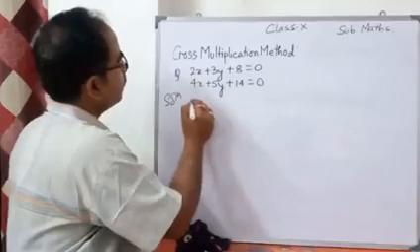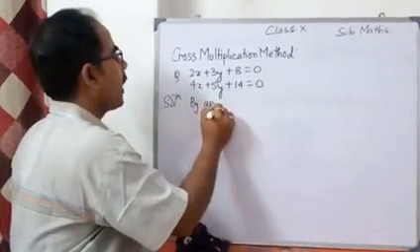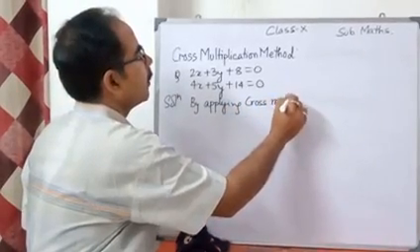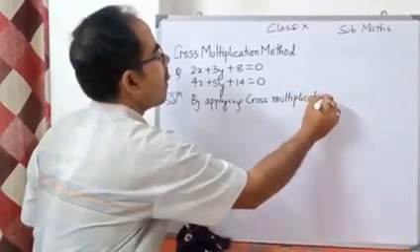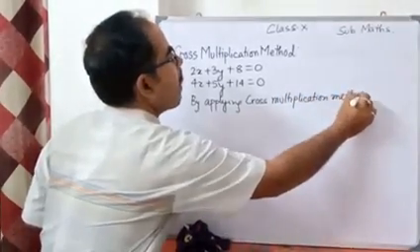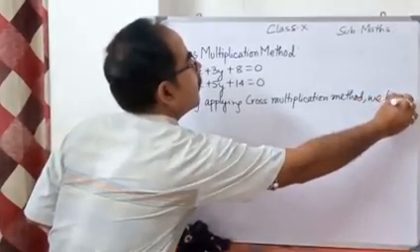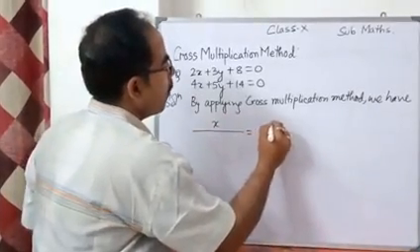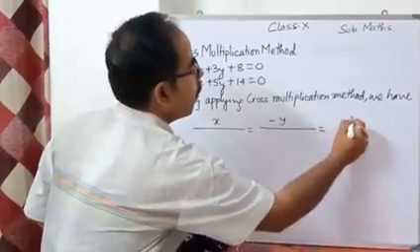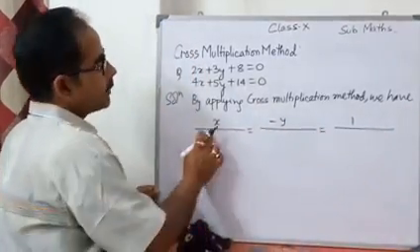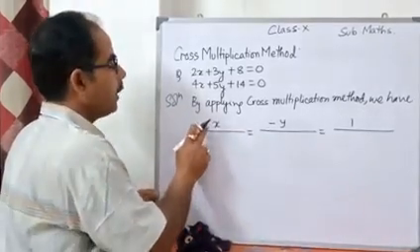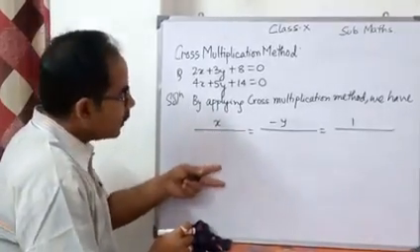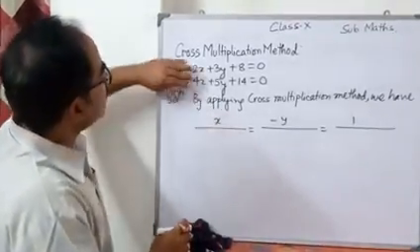Now let us start by applying the cross multiplication method. First of all you write like this way, we have x by minus y by 1 by. Okay, x and y, these are the two variables, but keep these things in your mind, x will be positive and y will be negative. Now what are the things that will come under the x in the denominator, so just block x.